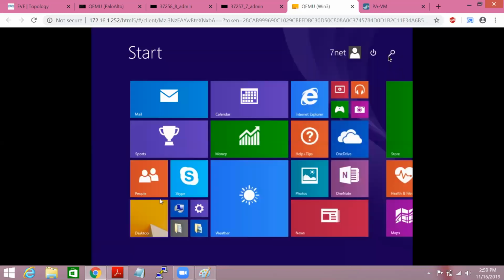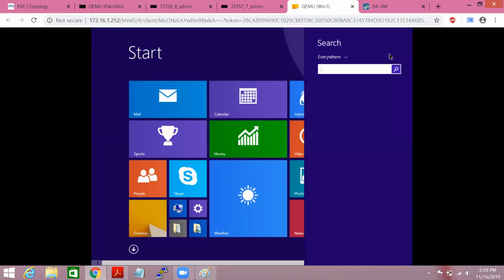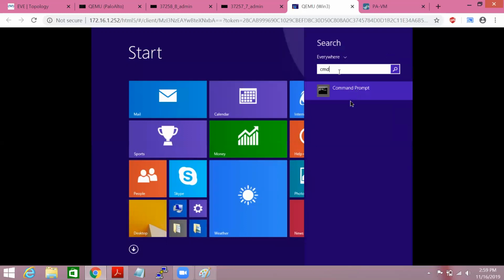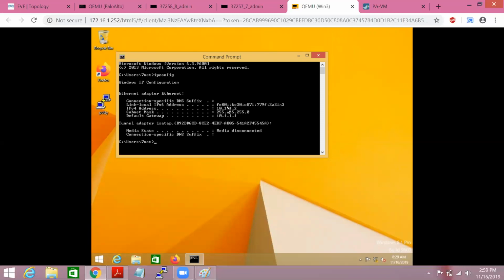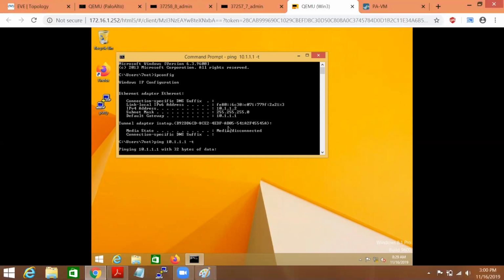But let's say if I do try to ping my firewall interface, the firewall interface basically having 10.1.1.1, which we configured. So it is not working.